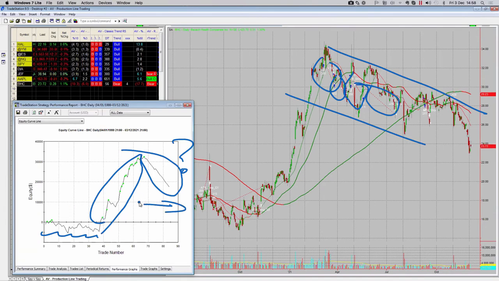The stats, the profit factor wasn't attractive. Again, I'm looking for that 1.7 profit factor. It was 1.4. It wasn't great. So if I'm going to trade this stock, I need some extra information. I need what I lovingly refer to with all my students is an O and. I need some extra information.